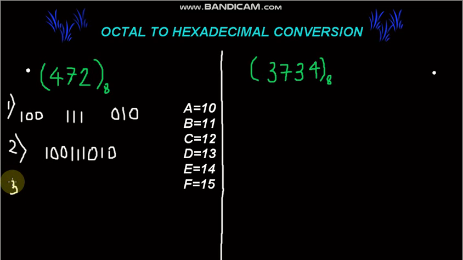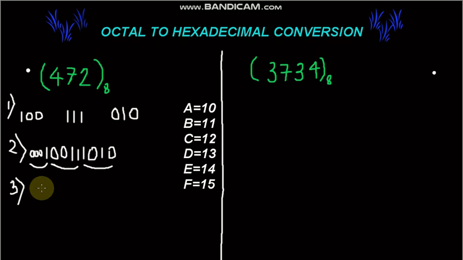We all know that the base of any hexadecimal number is 16, which is 4 bits, so we have to divide this number into groups of 4 from the right hand side. Remember, from the right hand side. So our first group will be 1 0 1 0, second group will be 0 0 1 1, and the third group will be only 1. To make it a group of 4, we have to add 3 zeros on the left hand side, 0 0 0. So we get a full 4-bit group, that is 0 0 0 1.